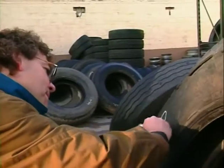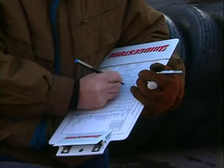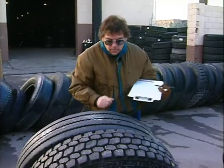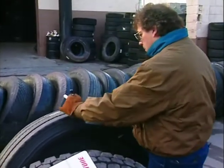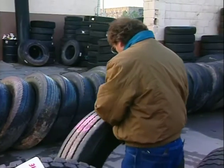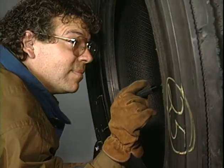You may also want to use tire chalk to add your own number for quick identification if the tire has to be stored for a while before you scrap, repair, or retread it. If the casing has been retreaded, you'll want to record that too, including the number of times it's been done. Make a note of the tread pattern, size, ply rating, and remaining tread depth, and then look at what caused the tire to be pulled off the vehicle. Do a thorough check of the whole tire, not